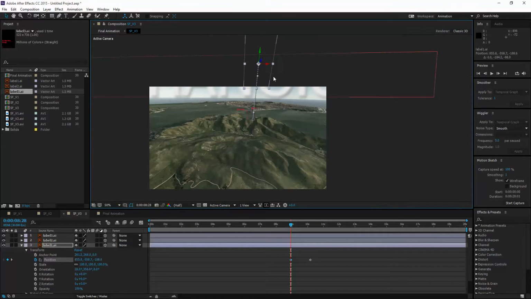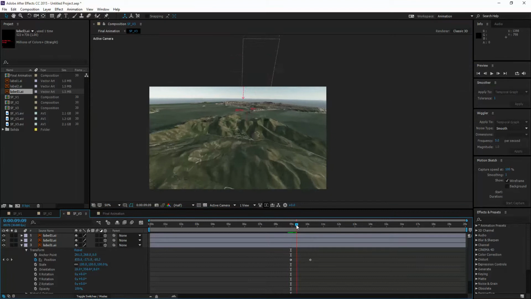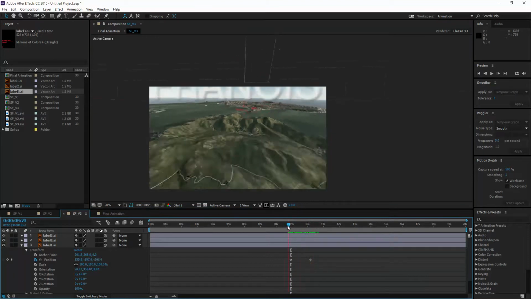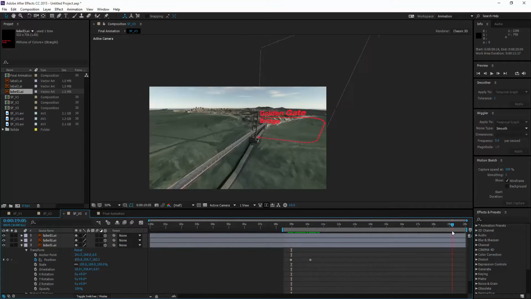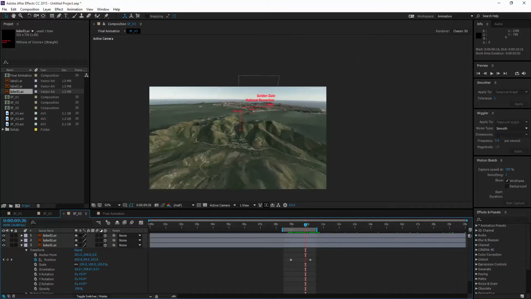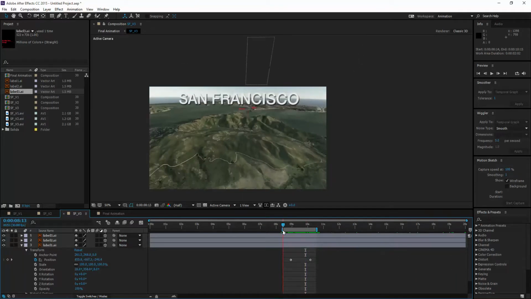Until it's out of the frame. There we go. So now what's happening is that when you come in, it kind of plops in like that. If I render this little segment right there, you can kind of see how it feels. Not render, preview. So to preview a specific area of your animation, you just drag your work area to the area you want to preview,